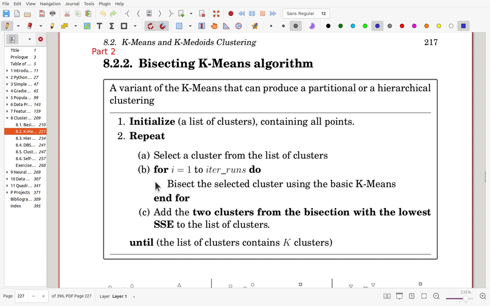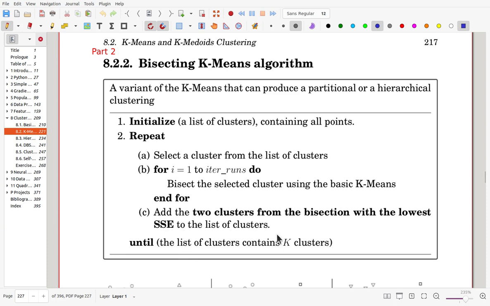And here, we repeat these steps and select a cluster from the list of clusters. For the cluster, the bisection will be run multiple times. And among them, we choose the two clusters with the lowest sum of squared error and add them to the list